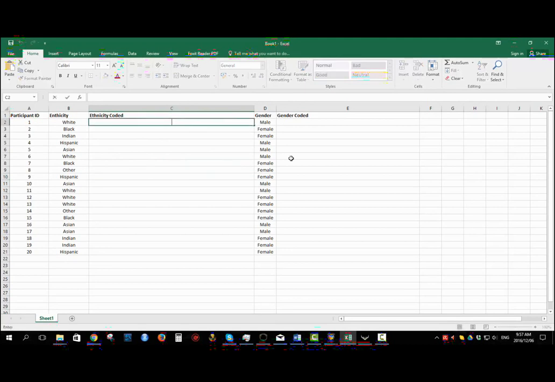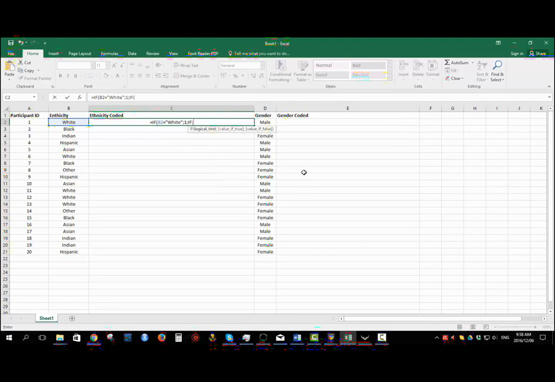Okay, so to start off with, we want to type in IF, because this is the command for if, and then look at the column and the row that our data is on, or you can simply push control and left click and it will show you it's B2. So if B2 equals open quotation marks white, because it's a string value and not a number, we have to put that value inside quotation marks, otherwise it won't pick it up. But if it's a number, you don't put it in quotation marks. So if B2 equals white, then it would show the value of 1,